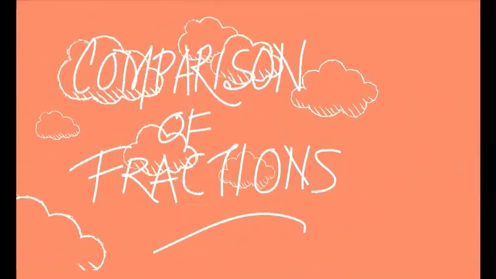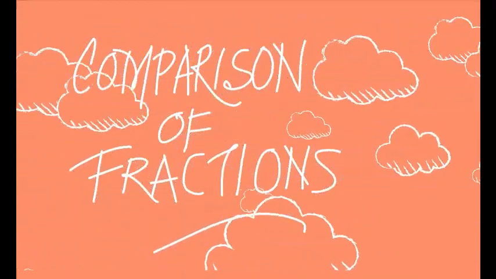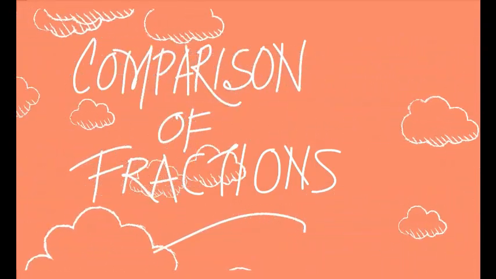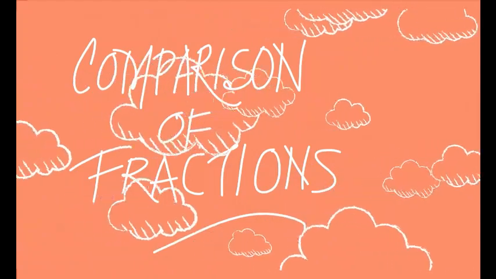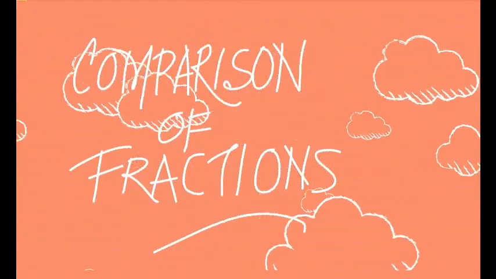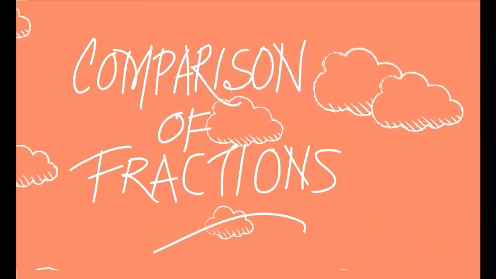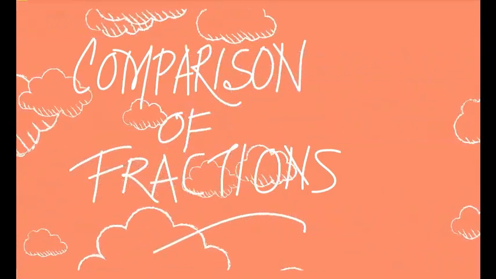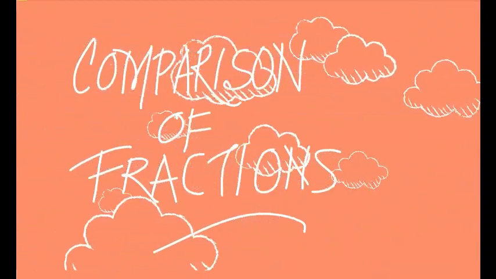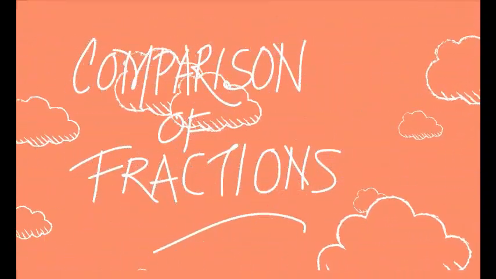That is the numerator equalization. By equalizing the numerator we can compare fractions. By equalizing the denominator we can compare fractions. And then there is another technique called multiplication. The numerator and the denominator of the other one are multiplied with the denominator of the first one and the numerator of the first one. However,